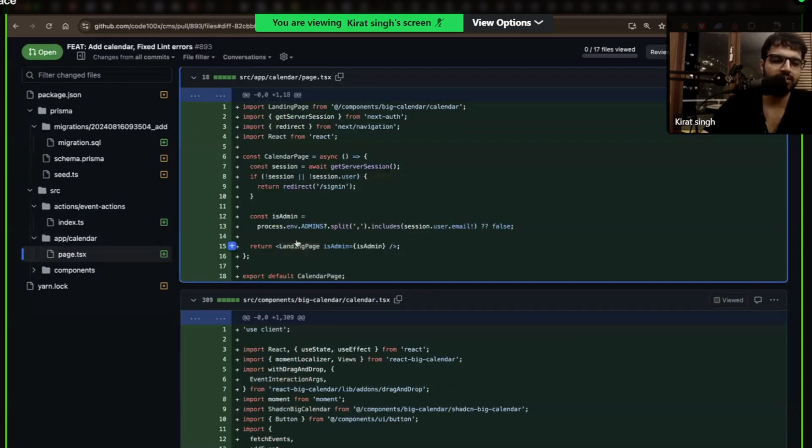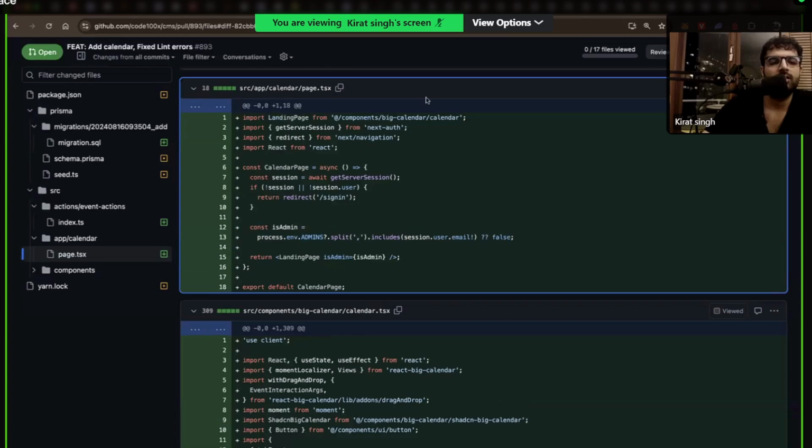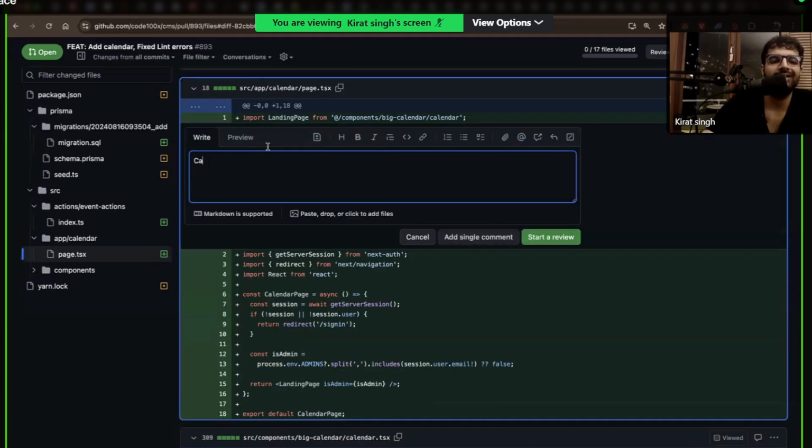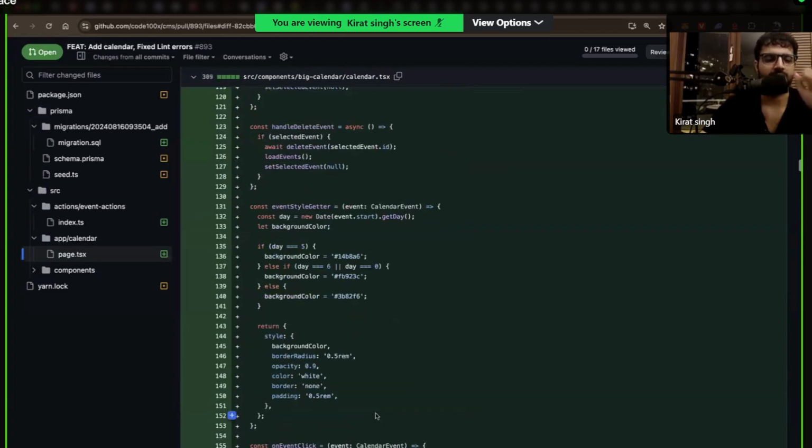App calendar page.tsx. Okay, it is that. But why is this called landing page, sir? It should be called the calendar page. It doesn't matter. I mean, I'm being a bit picky. It's fine. I can merge it like this also. Just fix it, it's like a one second fix.